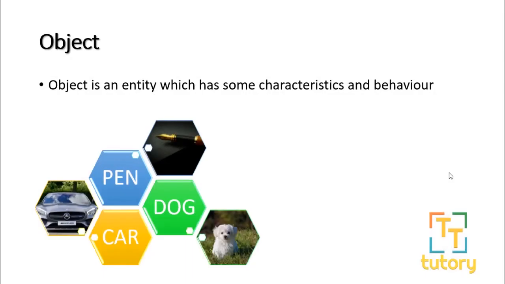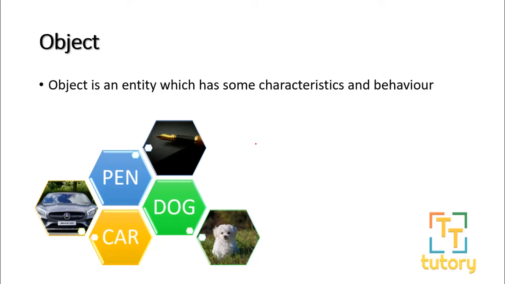So now let us understand what is an object. According to the definition, an object is an entity which has some characteristics and behavior. For example, you can consider an object as any real world thing that you can distinguish from the others, right? Suppose let me consider a pen. When we consider a pen, we can imagine what a pen is, how it looks, and if a person keeps a pen and a notebook beside each other, we can distinguish between them, right? We know which one is the pen and which one is the notebook. So anything that has some characteristics and behavior can be considered as an object.